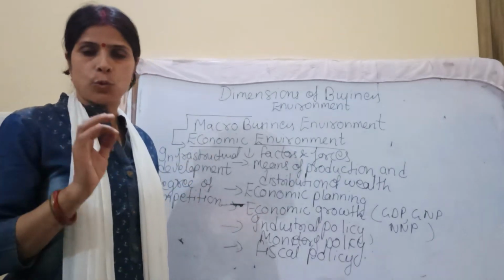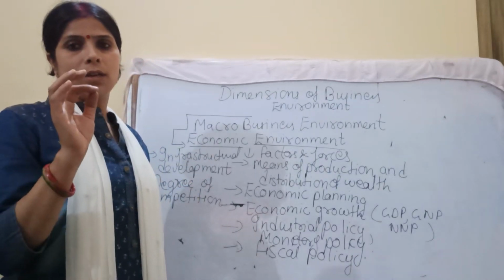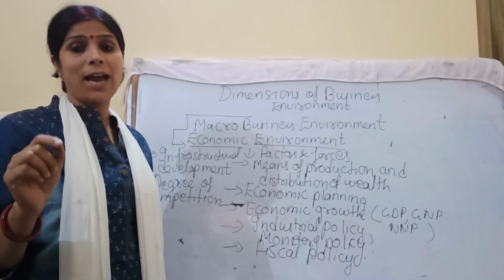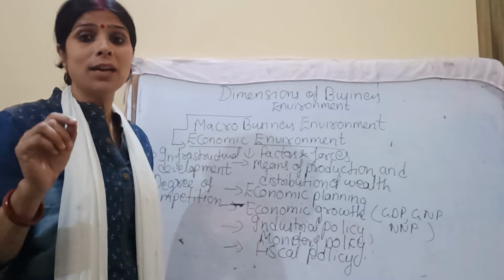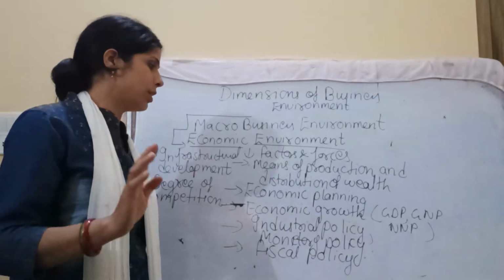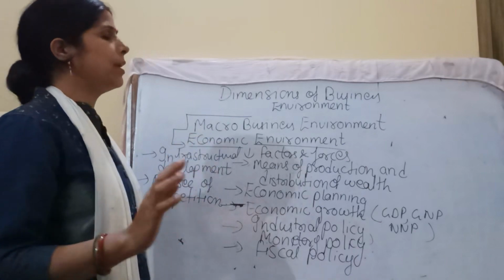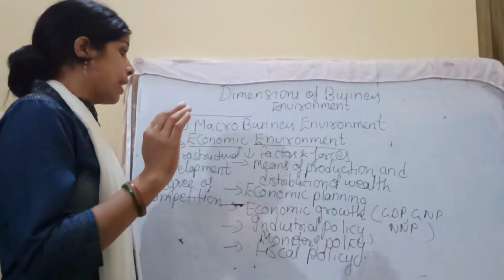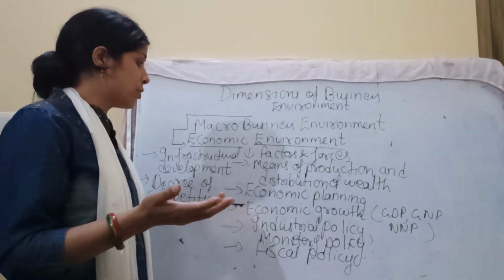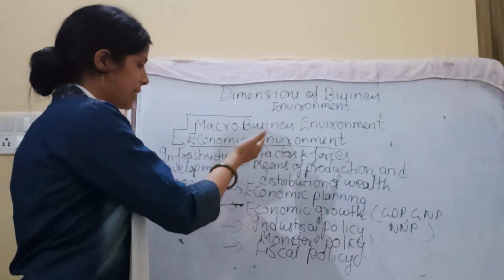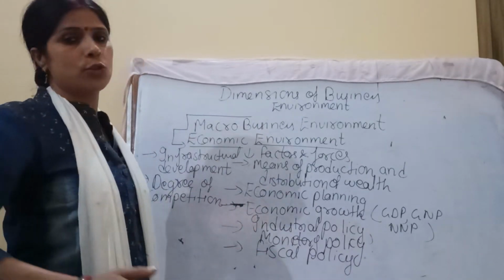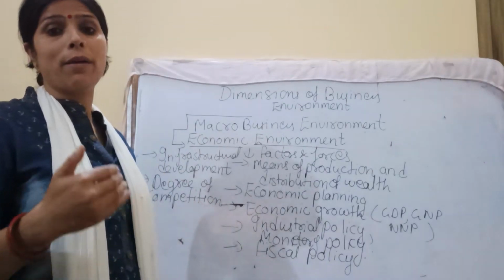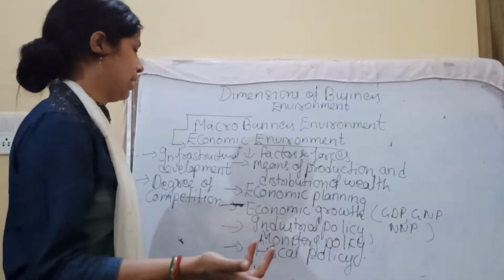Whereas social justice means distribution of products to the customers at reasonable price, at reasonable time. This is called social justice. So this economic environment deals with the economic justice as well as the social justice. Now there are several other components that we will discuss to understand what the economic environment is and how that is going to affect the business concerns indirectly.